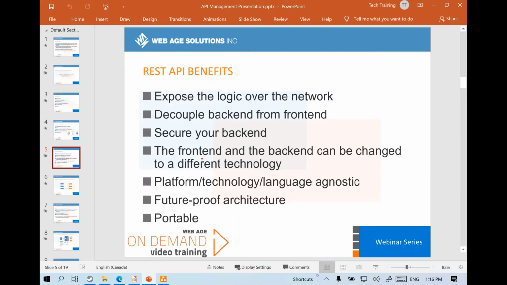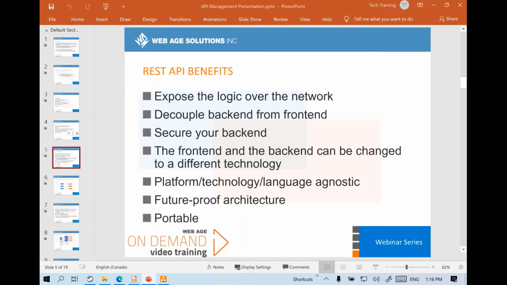Another benefit you get with this is that you're future-proofing your architecture. Future-proofing is definitely very important. Things get dated. Back in the day, I had to learn COBOL. No one asks me to write any code in COBOL anymore. Fortran, no one asks me to do that at all. I spent quite a bit of time in FoxPro. No one asks me to do that anymore. So technologies keep on getting dated. So we should design our architecture in such a way that it is sustainable in the long run.